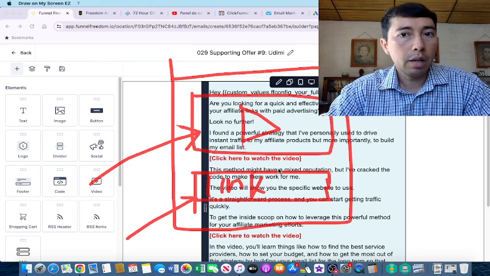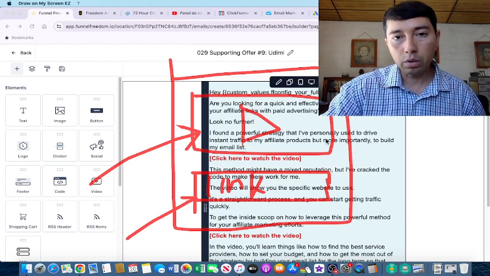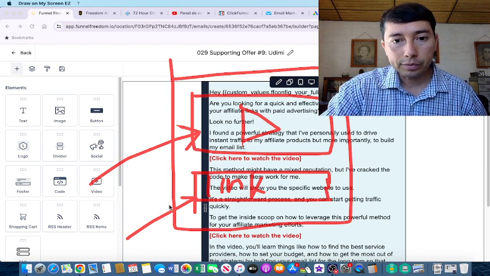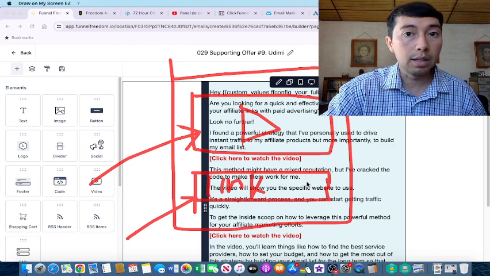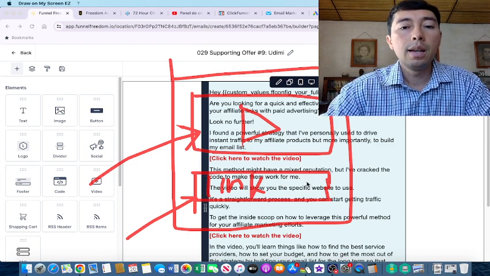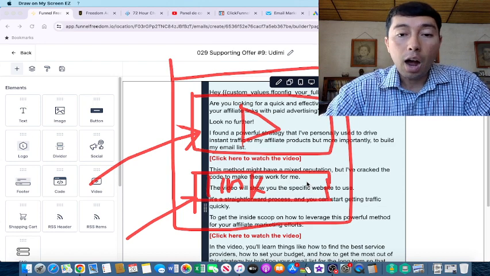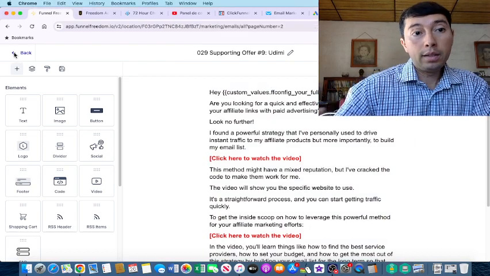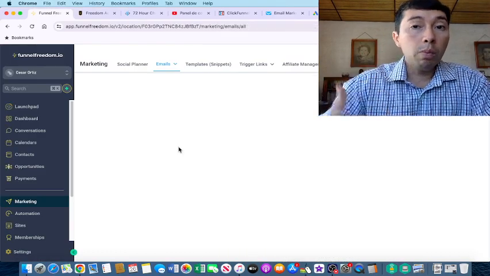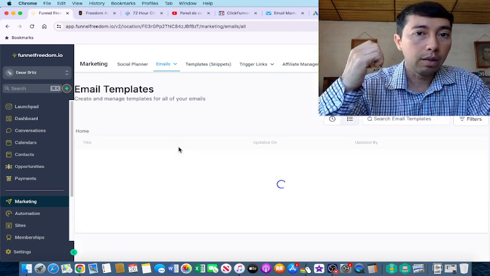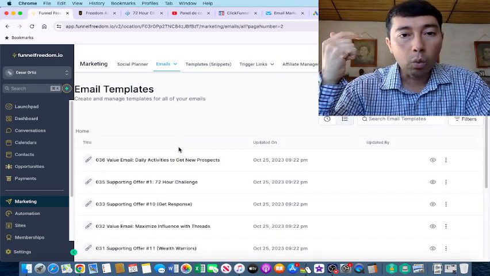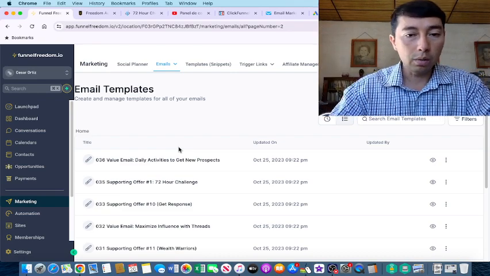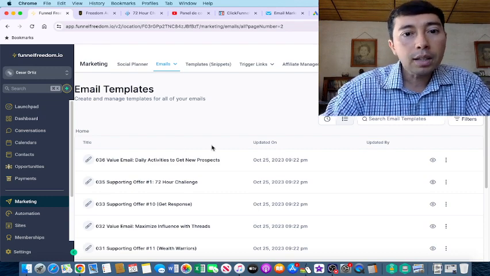And I think that this is a clever way because we are going to use his leverage. So he has a big following, a big YouTube channel. And if people click on that button, they will be clicking our affiliate link. And if someone buys, we can make a commission. That is why this system is so powerful, because we're going to be able to promote the 72-hour challenge, Freedom Accelerator, Wealth Warriors, which is another high-ticket program, Legendary Marketer, GetResponse, Udemy, Bizla, Repurpose.io,